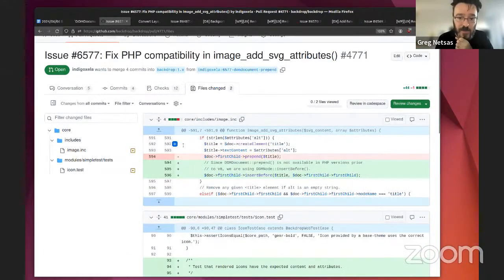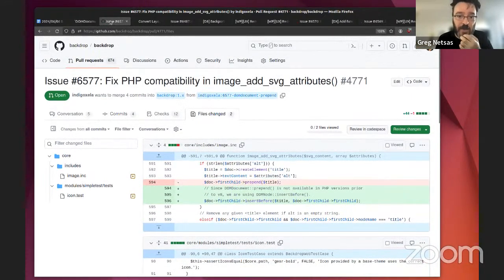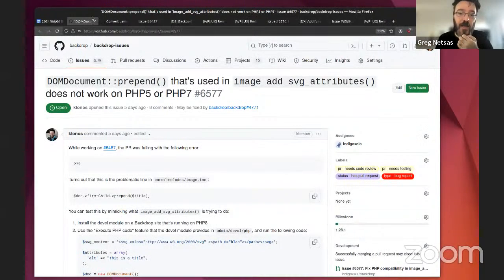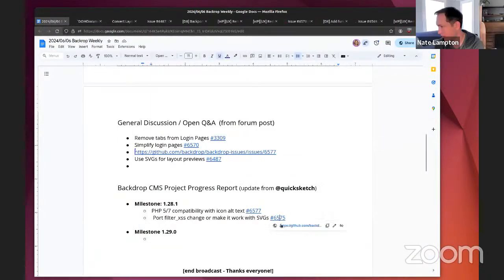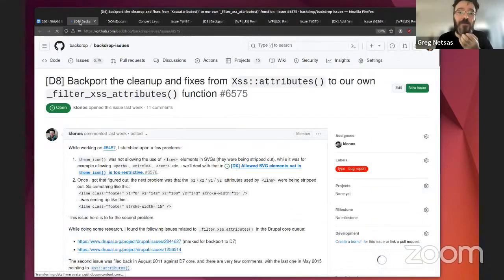And then the other issues that I have are related with our XSS stripping, the sanitization things that we are using. The functions that we use in core are very limiting and they're stripping out